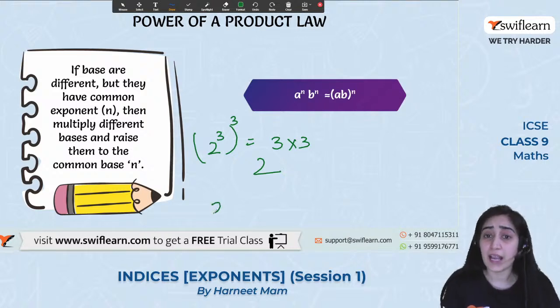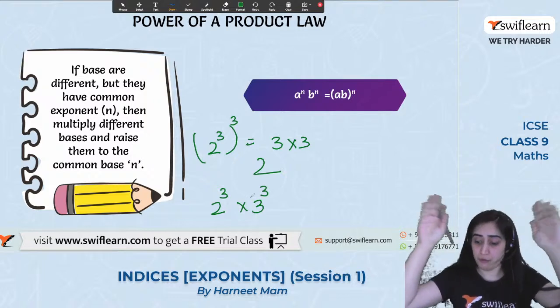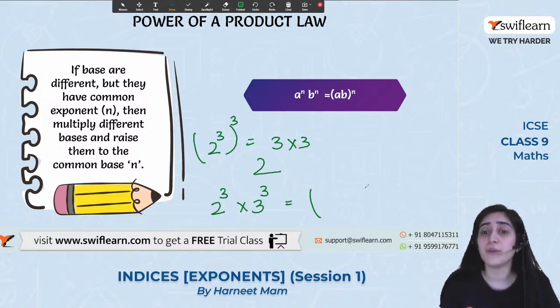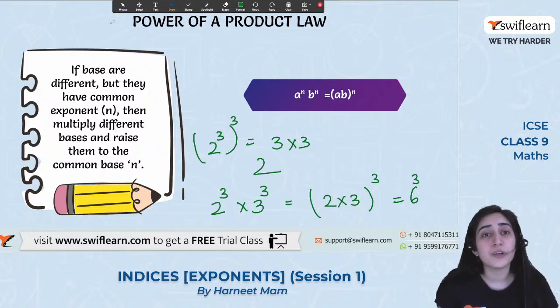तो हमने क्या करा, पावर्स को ही मल्टीप्लाई कर दिया, राइट, बेस के ऊपर। नाउ नेक्स्ट केस इज, अगर मेरा 2 to the power of 3 मल्टीप्लाई बाय 3 to the power of 3, अब मेरे पास जो पावर है वो सेम है, बट जो बेसिस हैं वो दोनों अलग हैं। देन व्हाट डू आई डू, मैं पावर को कॉमन ले लेती हूँ और बेस को ही मल्टीप्लाई कर देती हूँ। सो हियर आई विल गेट 6 raised to the power of 3. This is what this logic says.